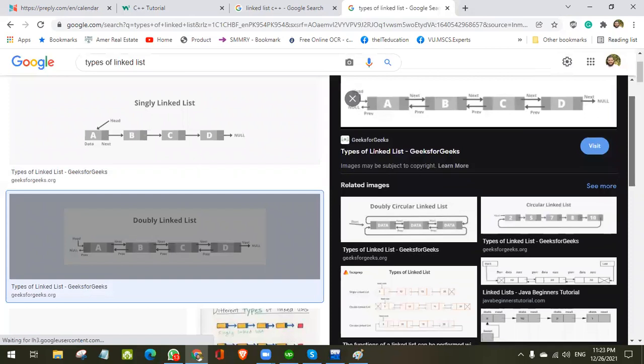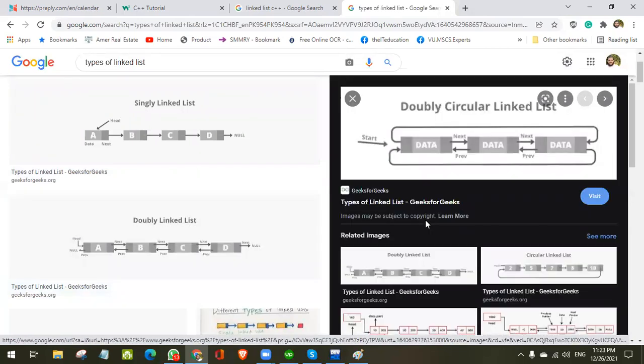And what is the difference between circular? This is circular. When the last node contains the address of first node, you understand? Then it becomes a circular linked list. The simple difference is that when you want to make circular linked list, you do not need to change the node structure. You just need to set the pointer of your last node not equal to null, rather with the address of your first node. You understand? Your header node. Then it will become the circular linked list.